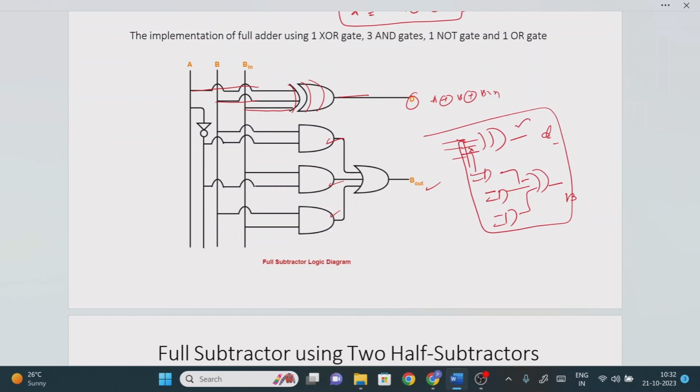So the major problem here is that the people who design the subtractor will find difficulties in finding the difference value and borrow value in the truth table, right? If you understand that, then solving the K-map, finding the logic expression, and drawing the logic circuit diagram is pretty easy, right? Thank you guys.